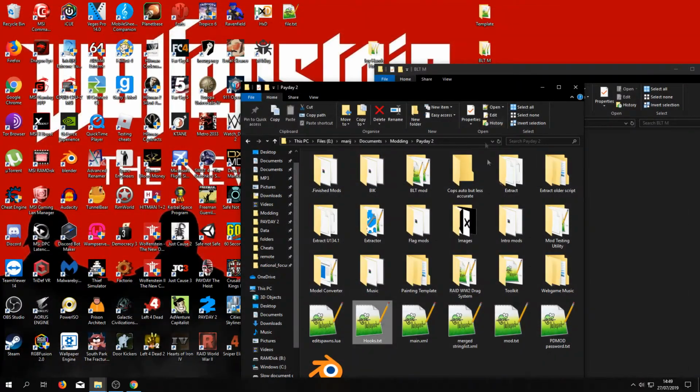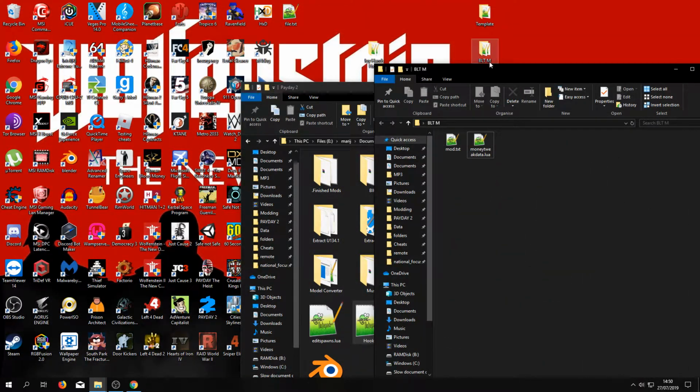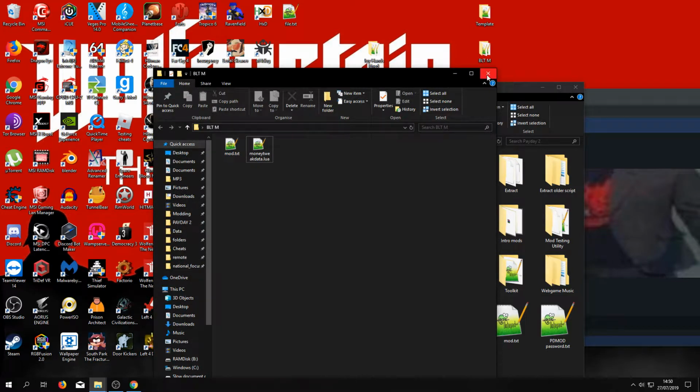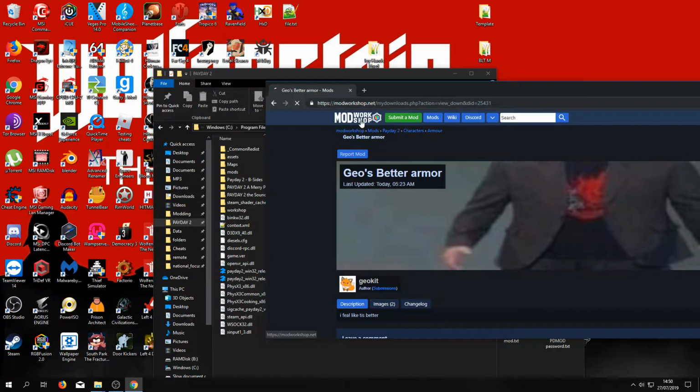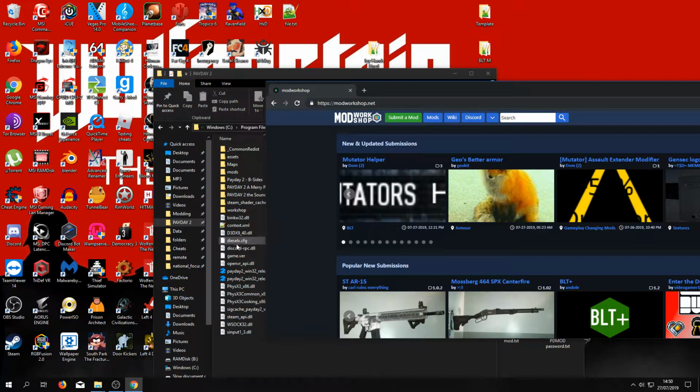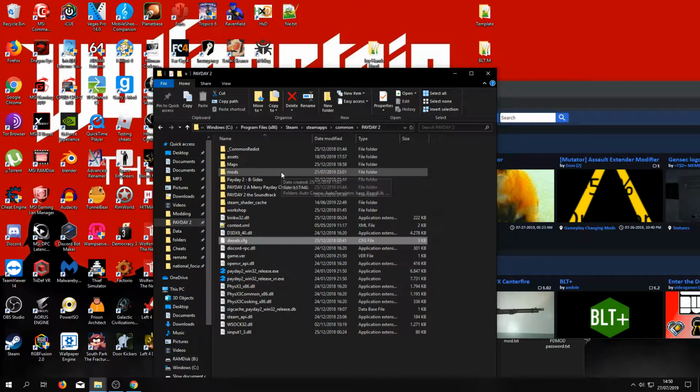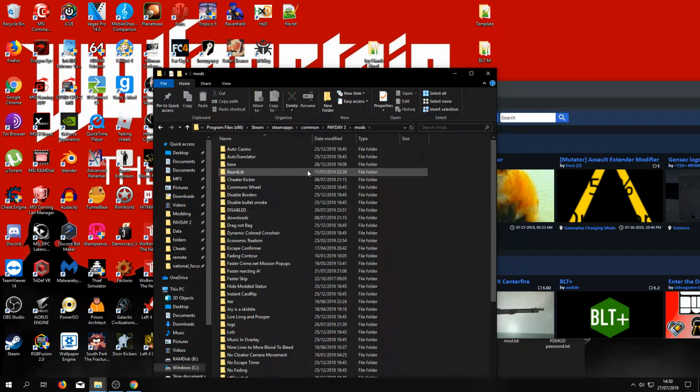So now we have a functioning mod. So we could just put this folder into our mods folder, and we would have a perfectly functioning mod. And that's how you make a BLT mod. Now there are a few other types, like custom weapon mods, which are way too complex to explain, and you could also use models and modify those. But that's pretty complicated, so I will leave that to my text guide, as I think you won't be interested to hear it.